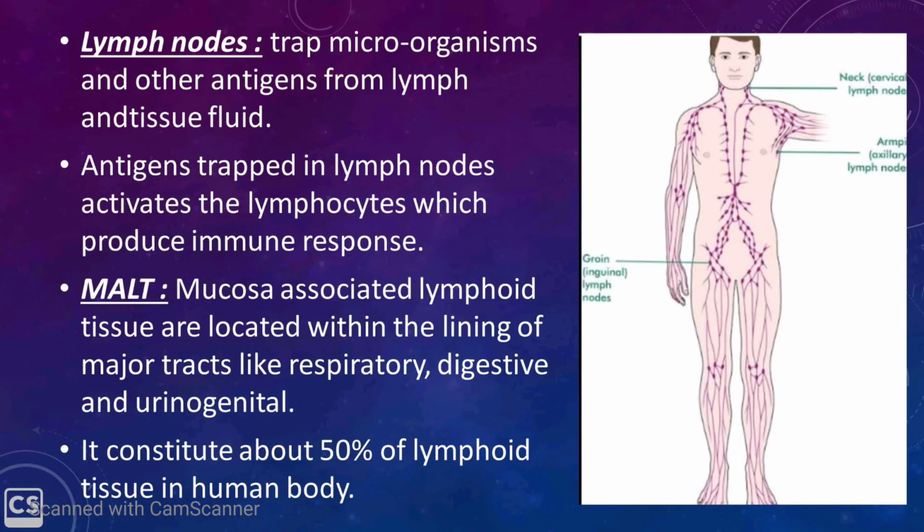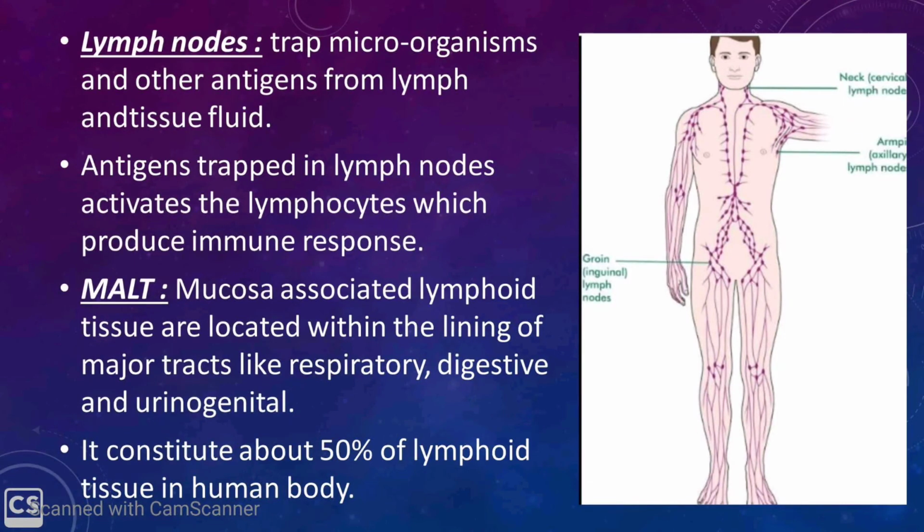Lymph nodes. The lymph nodes are small solid structures located at different points along the lymphatic system. They serve to trap the microorganisms or other antigens which happen to get into the lymph and tissue fluid. Antigens that are trapped in the lymph nodes are responsible for the activation of the lymphocytes from the immune system,